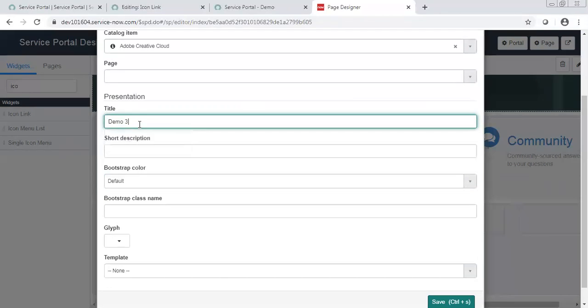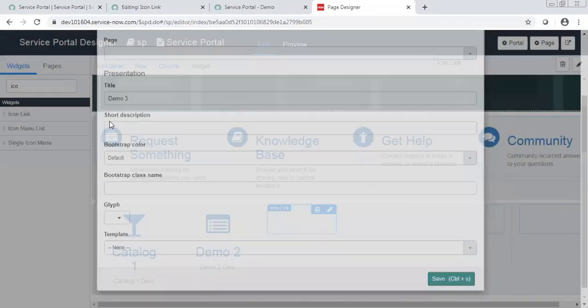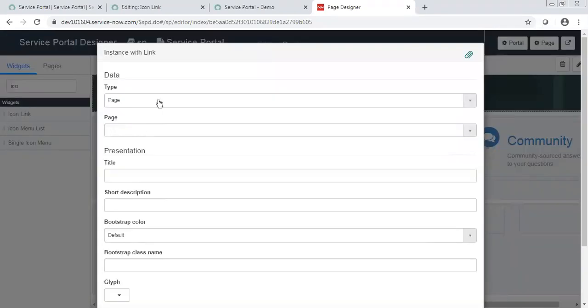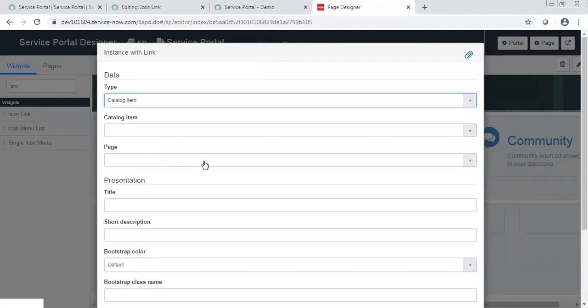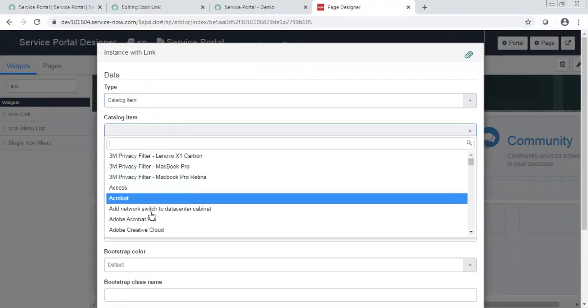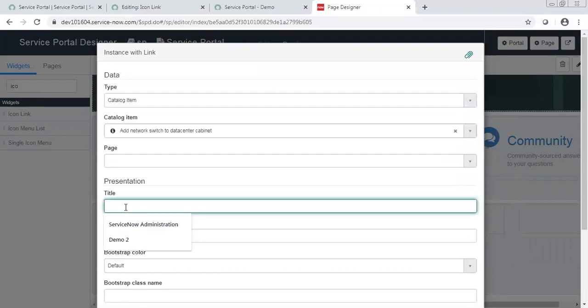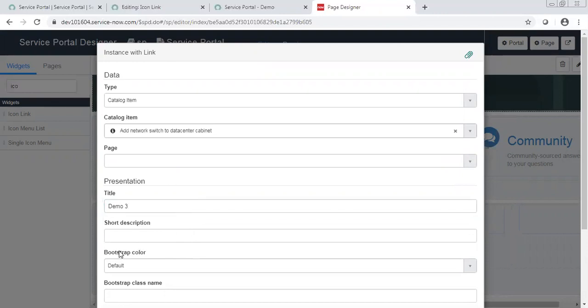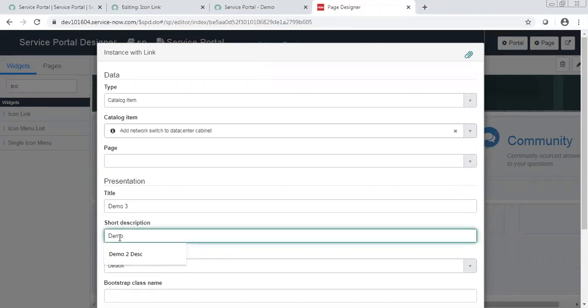So you select this widget, and then fill in the information, like what you want to display as a title, what you want to display as a description, and what you want to display as an icon. All those things you just fill in and save it. It will be ready-made, you need not bother about the code behind it. It's easy access. That's why we say that without knowing much scripting, you can design a basic portal in ServiceNow.